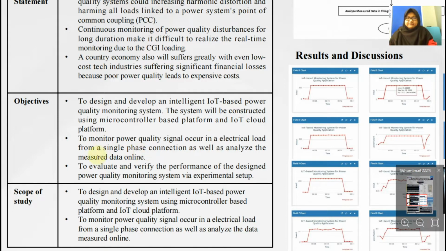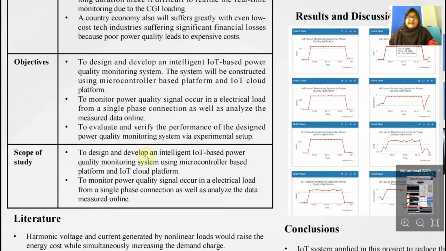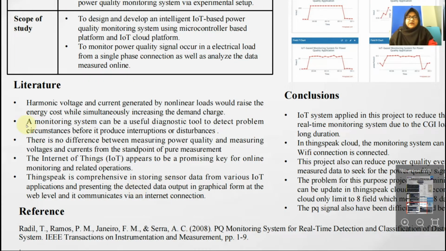So this project has two scopes. First, to design and develop an intelligent IoT-based power quality monitoring system using a microcontroller-based platform and IoT cloud platform. This project uses a microcontroller, which is ESP32, and the IoT cloud is ThingSpeak Cloud. Second, to monitor power quality signal occurring in electrical load from a single phase connection as well as analyze the data measured online. So for the literature review, harmonic voltage and